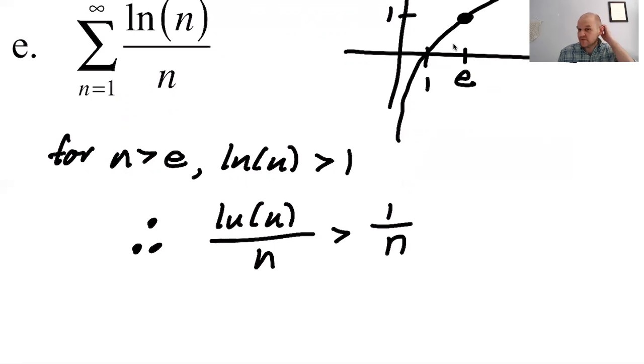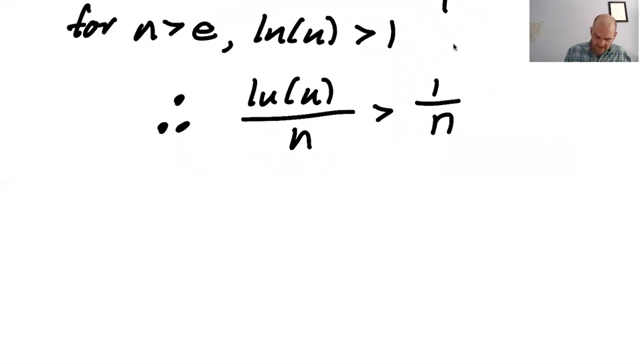And the sum of 1 divided by n is the harmonic series. The sum of 1 over n is the harmonic series, and that definitely diverges. So we have a series that's bigger than a divergent series. It must diverge. So I'm going to now say,